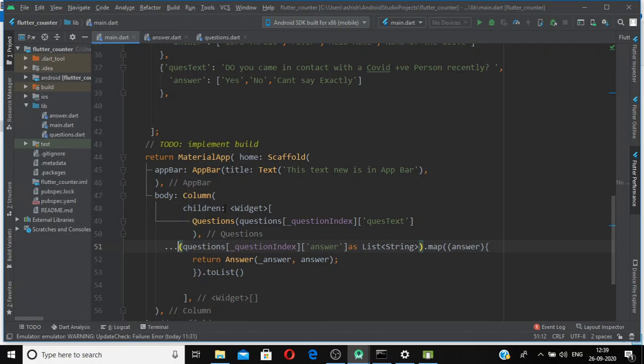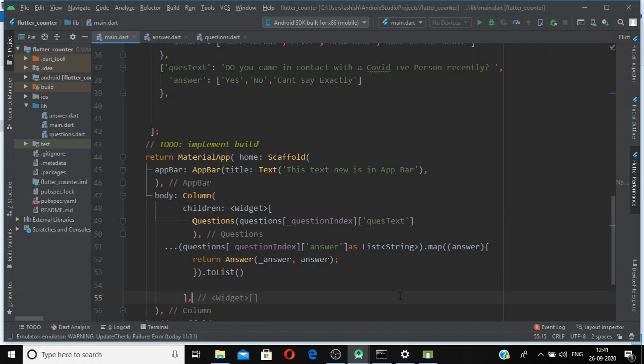So what we have here is a list of widgets where we have our first widget, the question, and then we are going to have a list of widgets, and we are going to add widgets from this list outside, at this children level, or you can say this question level, one by one, not a nested list of widgets, but a widget at this column level. So our logic is pretty much ready.